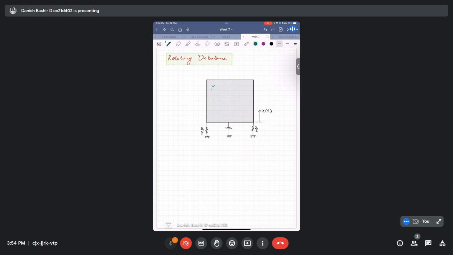Let's assume the machine is operating with some motor or some mechanism inside, such that